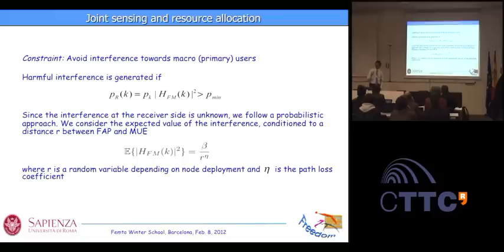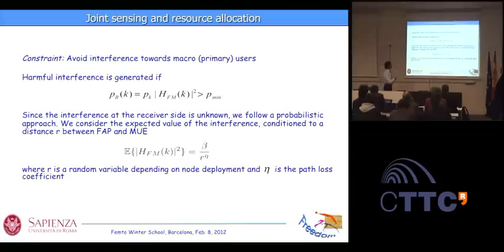In general, we can think of this P min like the noise power at the receiver. So if the interference that I generate towards some interferer is less than the noise power, it's okay, because he's not going to realize that I'm producing interference. So we have an interference only if the received power is greater than this minimum value P min. But as I said before, to apply this constraint, I will need to know the channel between the femto and the macro users over each channel. But this is something that is practically impossible to have, no? Just because there is no exchange of information between macro and femto users.